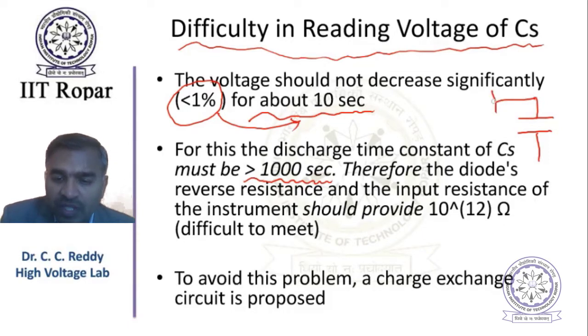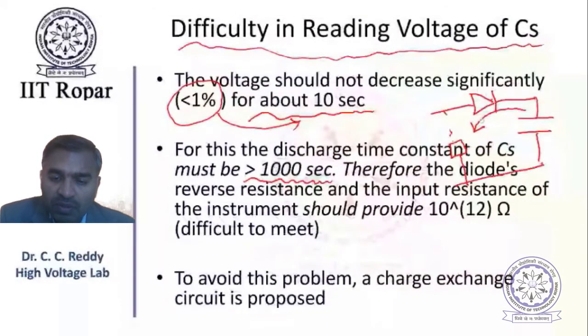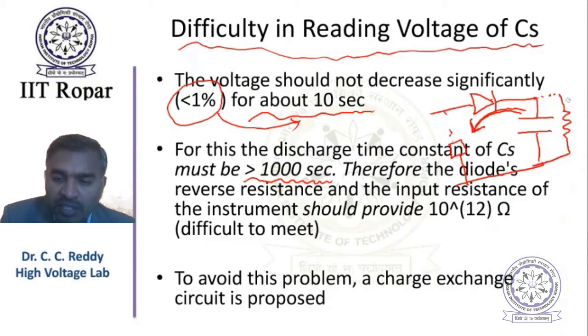So once it is charged, the capacitor has to discharge through this. Okay, so through the diode. Of course, here you will have some discharging resistance also connected to the primary. So primary means the circuit before this one. So through this discharge path, and as well as we have for the measuring instrument also certain input impedance will be there. This is the measuring instrument input impedance. So this is how the capacitor will discharge.